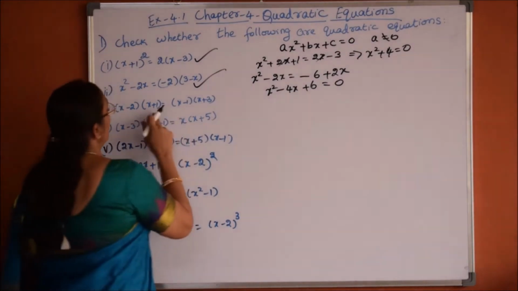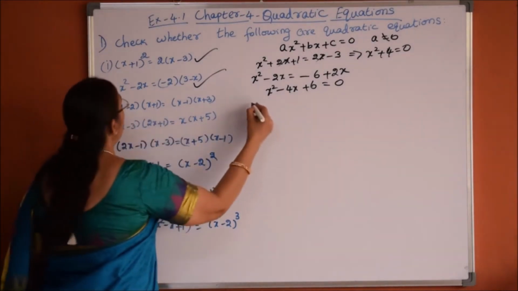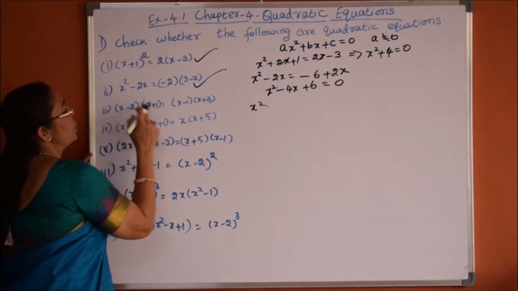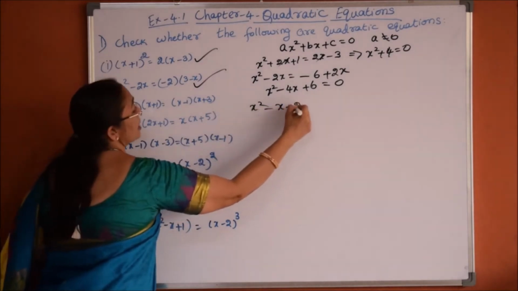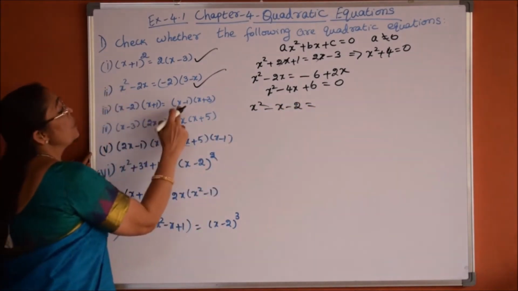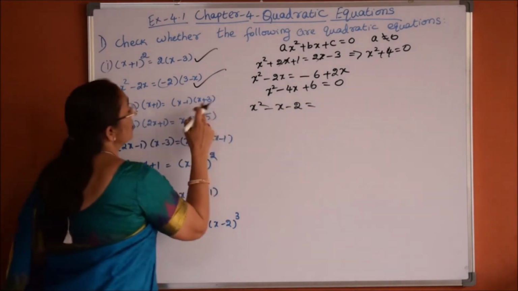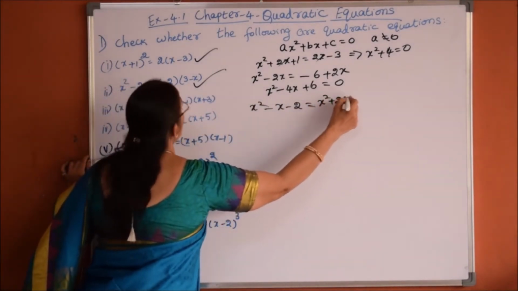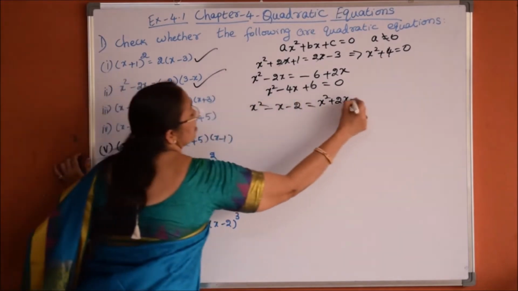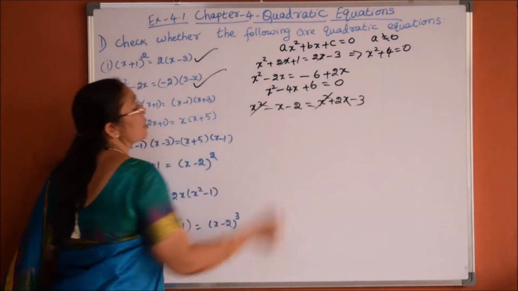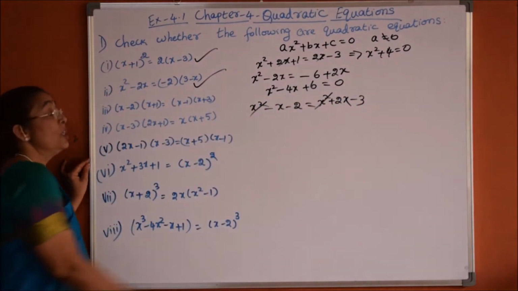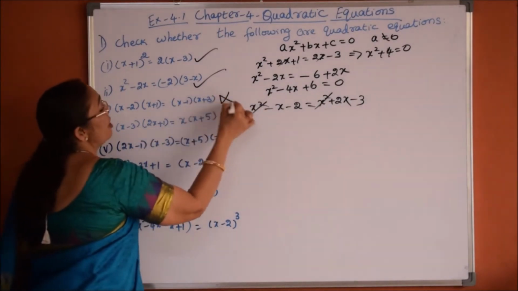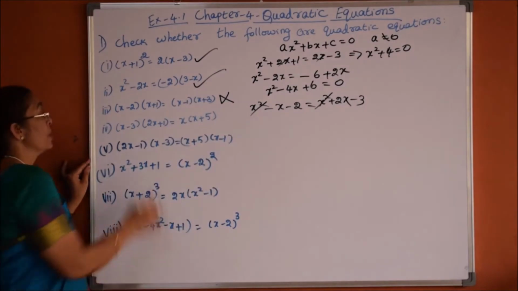Third one, let us multiply the left hand side, which is x into x, x square, plus x minus 2x, which is minus x, and the constant term is minus 2. Here, x square plus 3x minus x, which is 2x, x square plus 2x, 3 ones are minus 3. Now on both the sides the x square term will get cancelled. So there is no x square term in this equation. Therefore, this is not a quadratic equation.